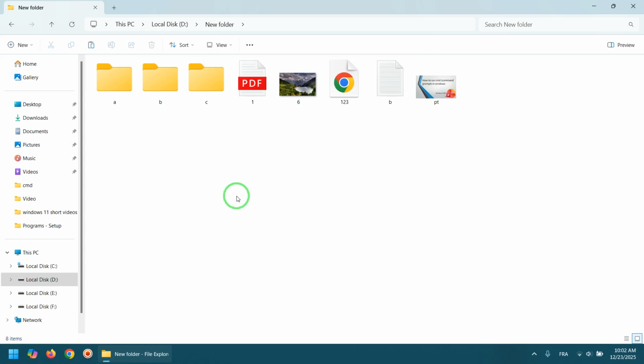Hello, this is Windows 11 and in this video I want to show how you can select your files and folders in File Explorer. If you need to select all of your files, you can simply click on empty space